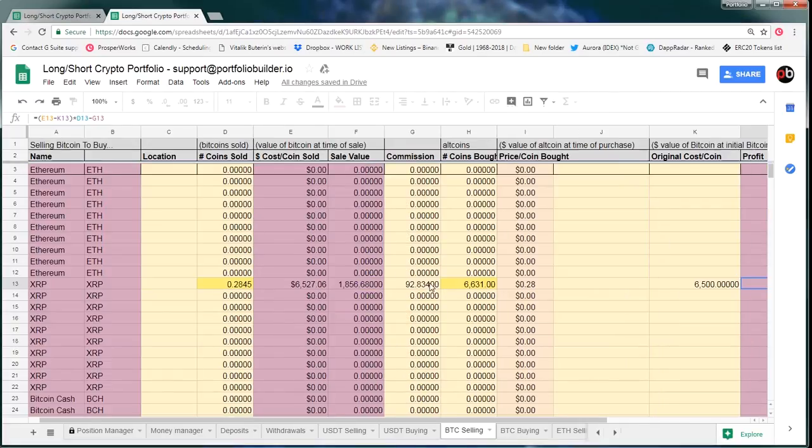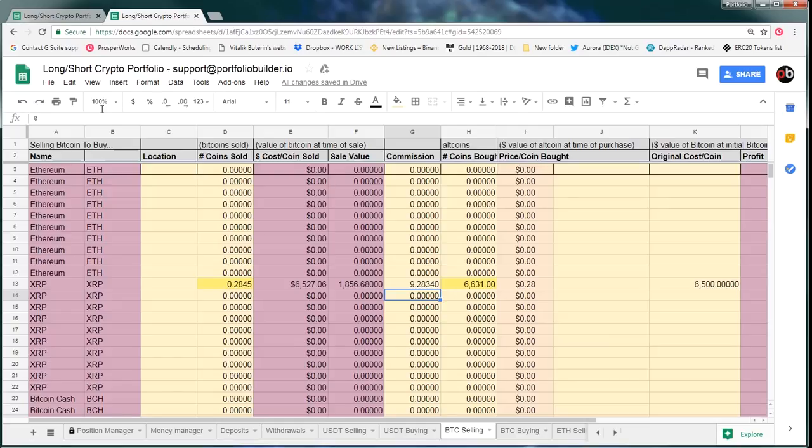Now in this case, you can see the commission cost. Oh, I forgot to put a zero. It's 0.005. So on an order of around $6,500, I was able to have less commissions using Changely than I would have